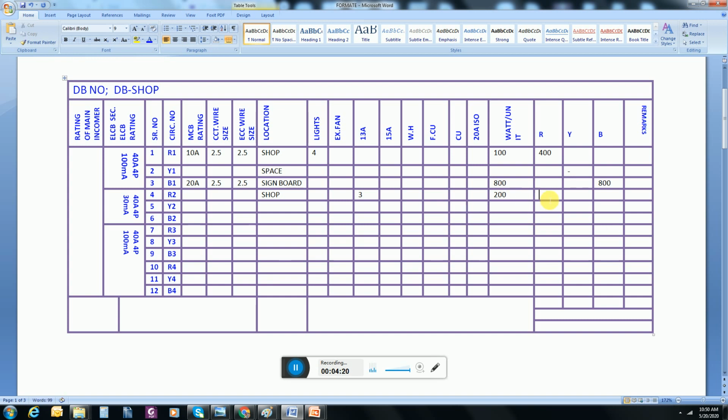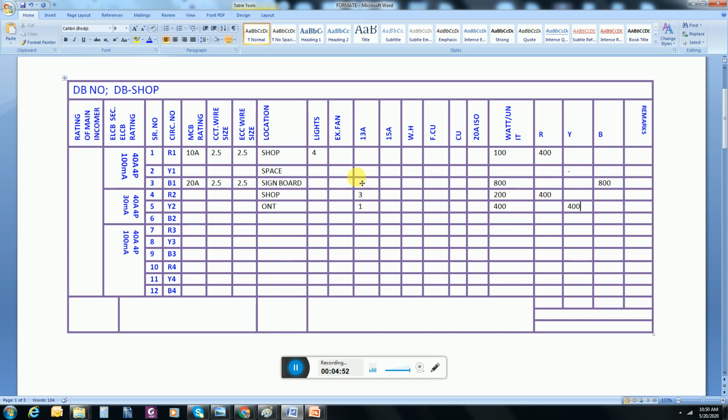It means that on a red phase again there will be a load of 400. We have only 2 points, that's why I will write here no. Here will be the ONT socket, for the telecom system. Its watt per unit will be 400. So I will write here 400.